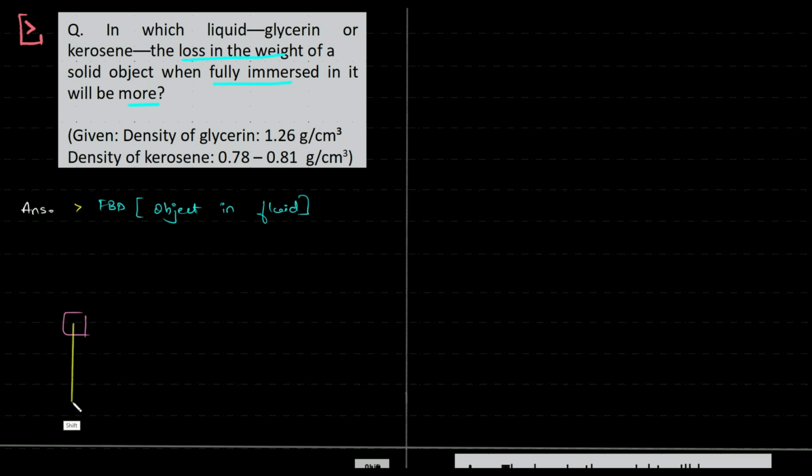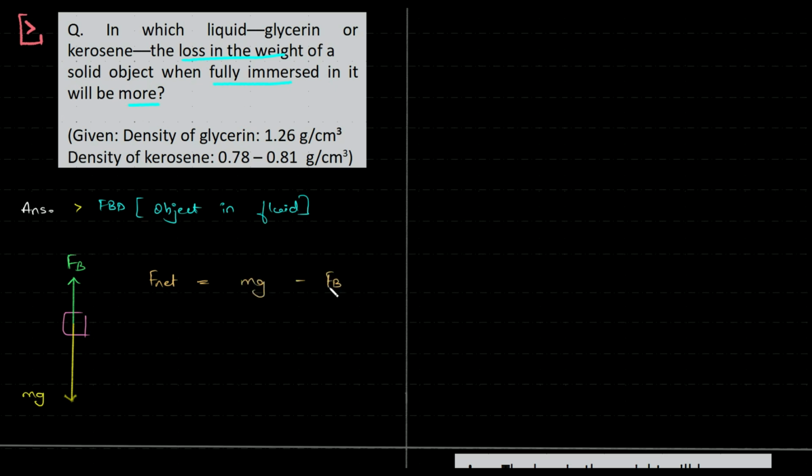We have the object getting pulled down, and we pull it down by how much weight or how much force? Mg. At the same time, what is happening? You have a force that is pushing them up, to be accurate, FB, that is your buoyant force. So what is the net force acting on it? So F net would be mg